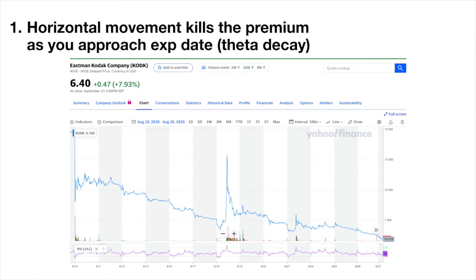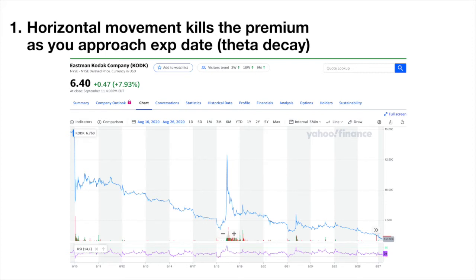Then you see on 8/18, it popped back up, went back down, and on 8/19, you're starting to see a very gradual decline. What you see is that because it's pretty much trading horizontal, it's killing the premium. Because what you want in this scenario is a really rapid decline. I was under the impression when I bought these contracts, I think the share price was around $30. I thought it was going to be at around $7 to $8 within 7 days. So I bought contracts on Thursday and Friday, and I figured by that next week, it'll be around $7 to